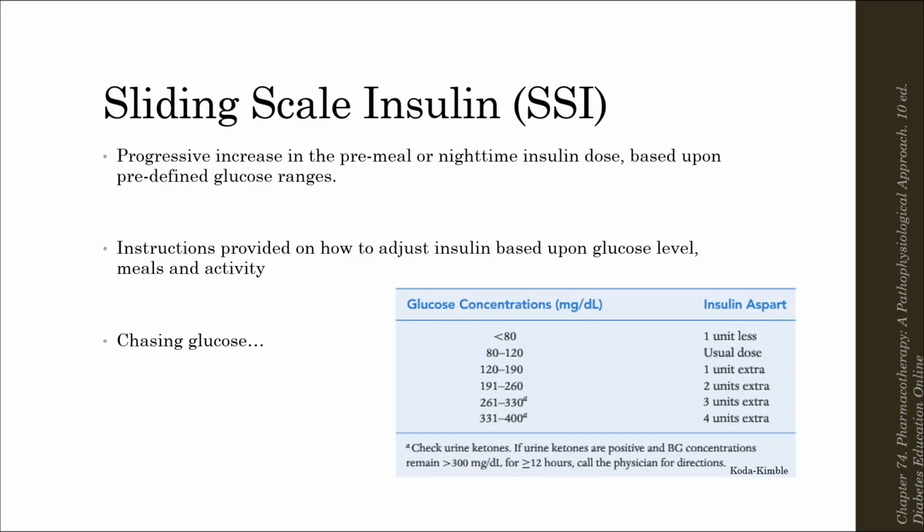So looking at sliding scale insulin, I'm not a huge fan of sliding scale insulin. It's used more often in the hospital, and sometimes we'll give it to patients at home, the patients that we feel comfortable with adjusting their insulins. But basically, it's a progressive increase in the pre-meal or nighttime insulin dose based upon predefined glucose readings. So essentially, I'm saying if your glucose falls between this and this,